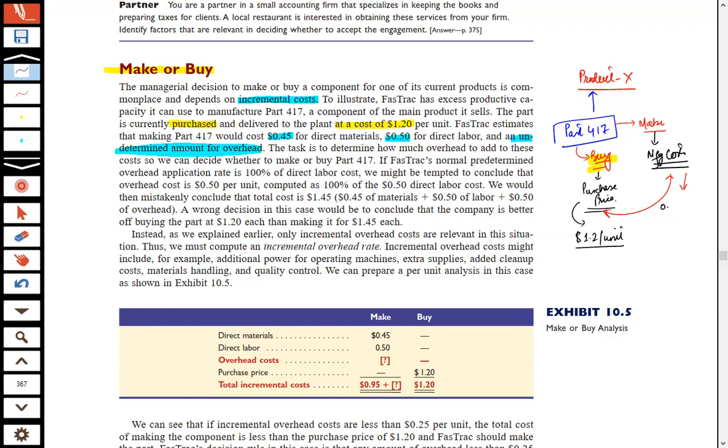For manufacturing till now, without overhead, it will be 0.95. So apparently it looks attractive that we should make it. But let's see. The task is to determine how much overhead to add to these costs, so we can decide whether to make or buy part 417. If Fast Track's normal predetermined overhead application rate is